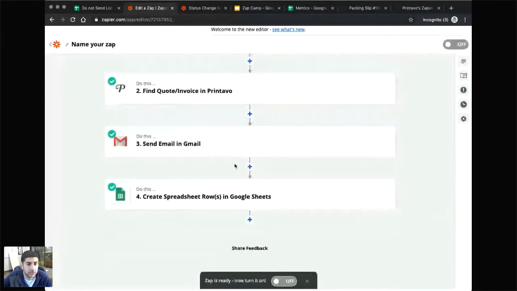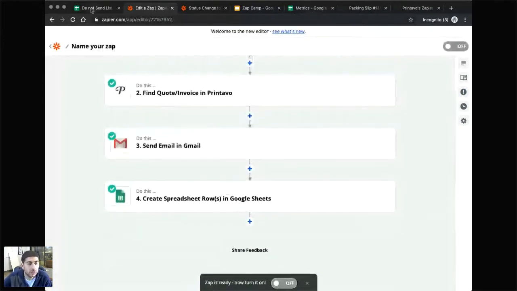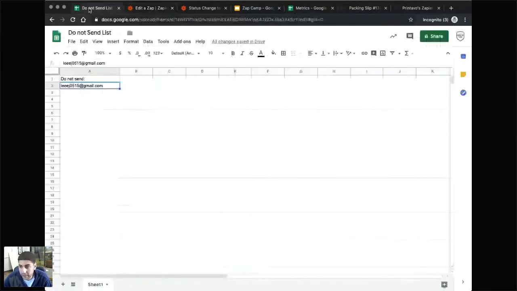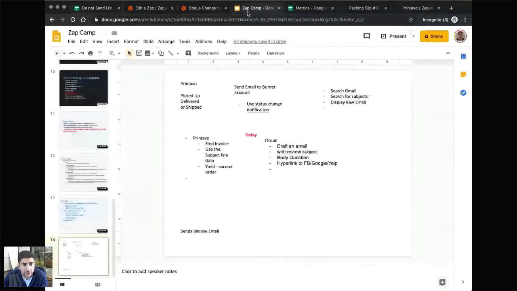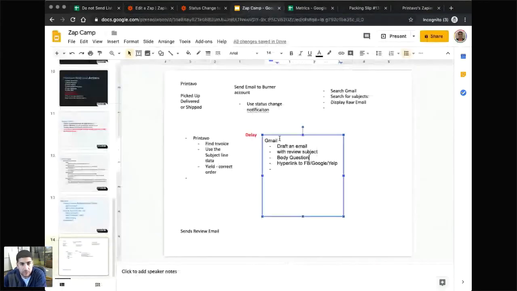And we're going to see if it worked. It inputted that customer's email right there. Okay. And so basically, every time it sends this out, it's going to just chart who it sent it to. And so what we're going to do though, after we have put it in Gmail, we're then going